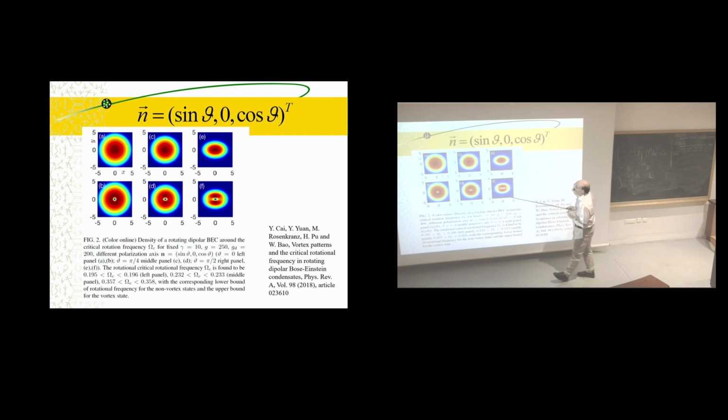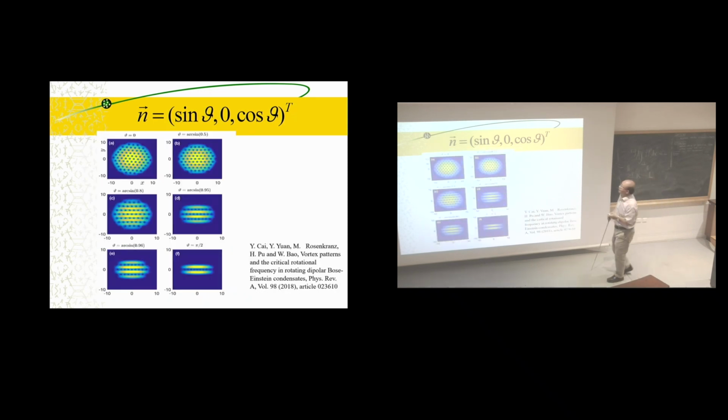What is the state with one vortex? You can see here when n is 001, I get the density like f of r times e to the i theta, where r is the polar radial coordinate. It becomes this one. This is no longer a radial density, no longer radially symmetric, due to this anisotropy. Again, if you take omega large, you can see when theta equals 0,